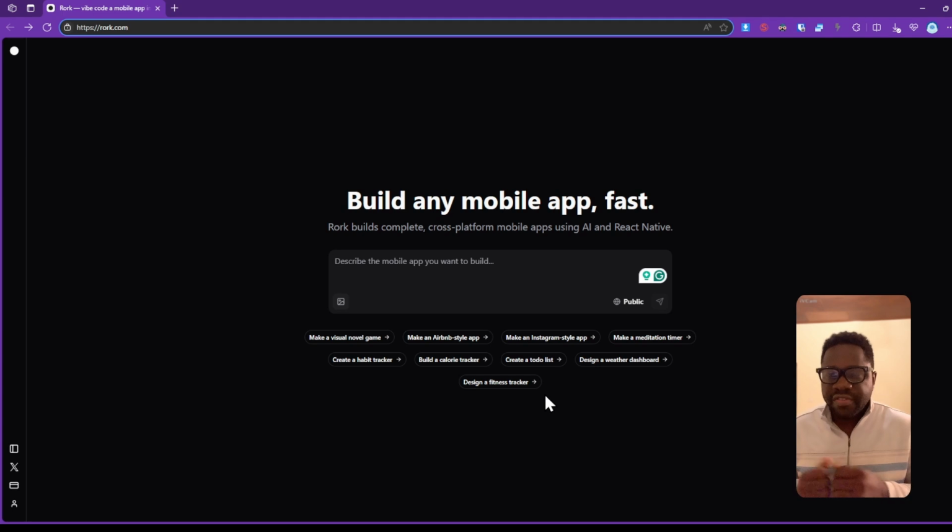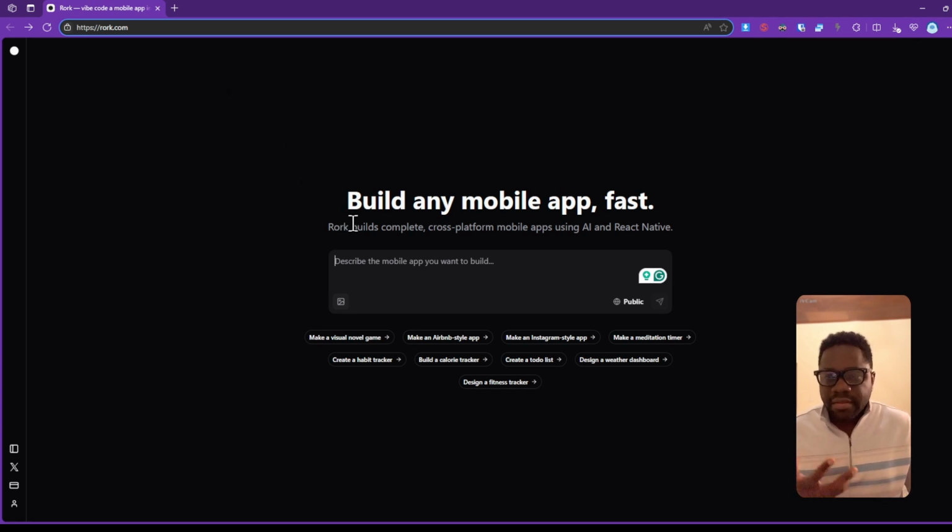So today we're going to be discovering Rork, which is an AI tool that is going to allow you to build Android apps very fast. We already have a lot of AI powered apps out there which allow you to build things from images right up to videos. Rork is just another AI tool which is going to allow you to create your mobile apps very easily. To have access to it, you can head straight on to rork.com,